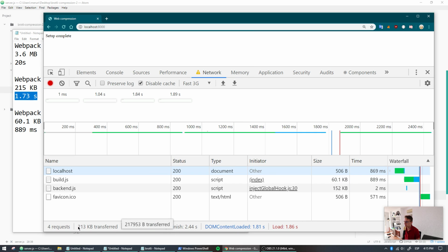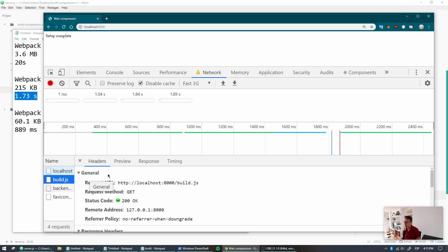Now you can notice here that we sent 200 kilobytes, but then we received 300 kilobytes in resources. That means when we uncompress all those files, we have around 300 kilobytes, which is about 100 more. That's irrelevant, just so you know that we are actually sending the files. And it says build.js. It doesn't say the compressed version. But if we click on it,